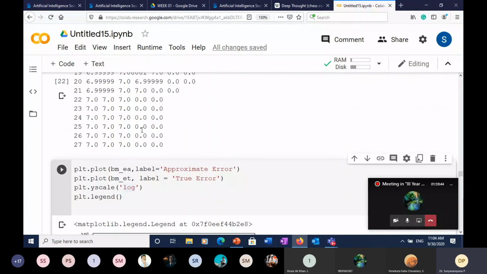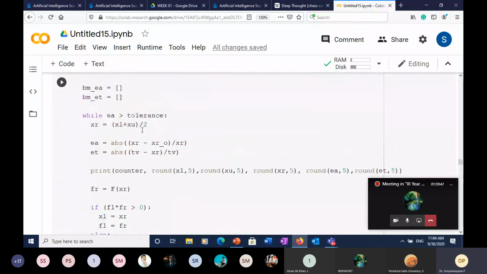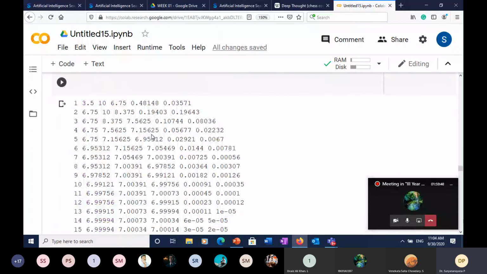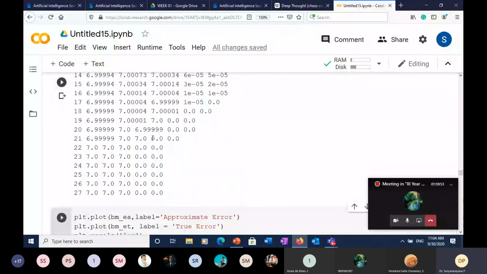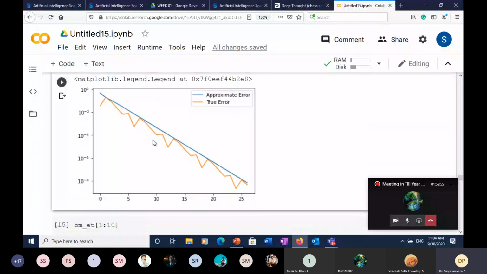The approximate error which you calculate by this. In this particular case, since you knew the true value, you can find the true error, and you're comparing. I'm using approximate error in place of true error. How do they compare? What you can see here, at least for this bisection method, is that the approximate error overestimates